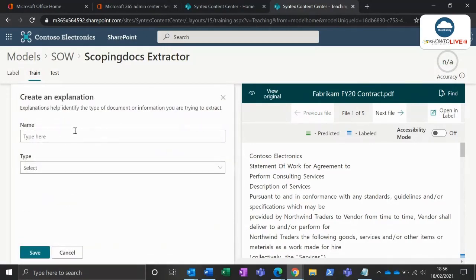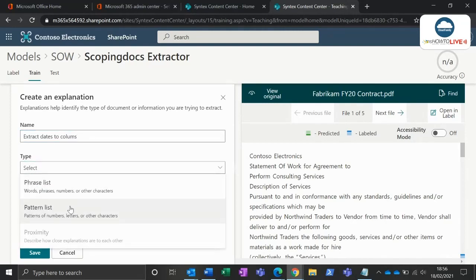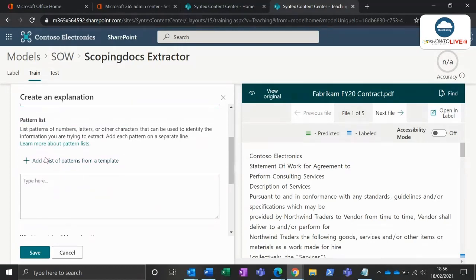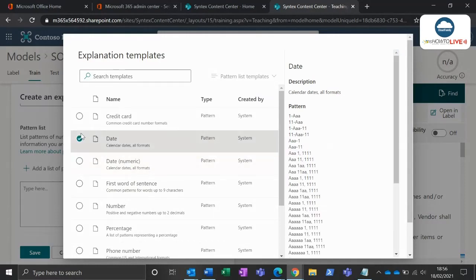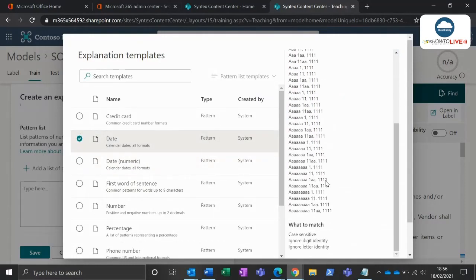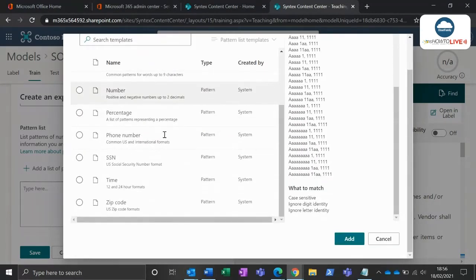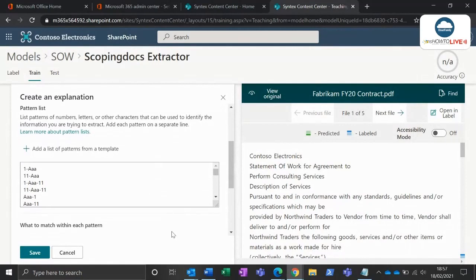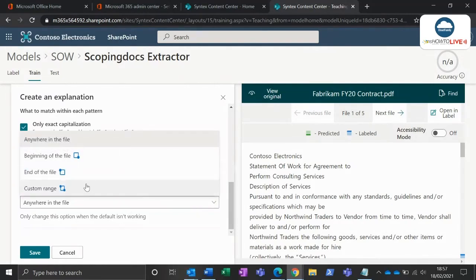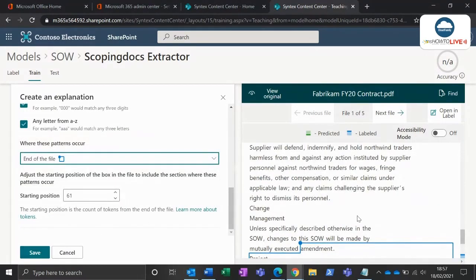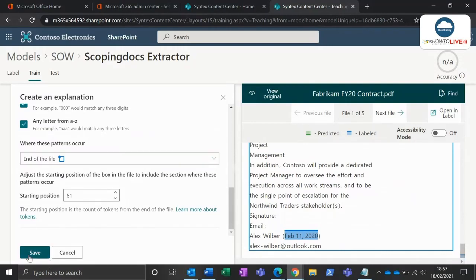Add an explanation. So this time we're going to extract dates columns, and we'll try the pattern list this time, and we'll go for dates numeric, or was it actually, it wasn't numeric, was it? It was this type of date, wasn't it? We'll add this in and see if that works. This pattern occurs towards the end of the file in this case. So there we go, it's identifying it there. So we'll save that